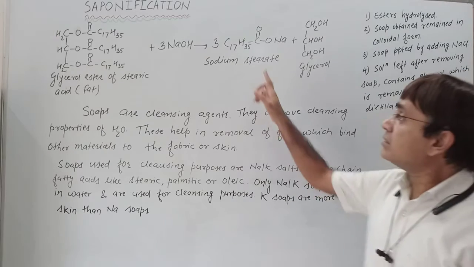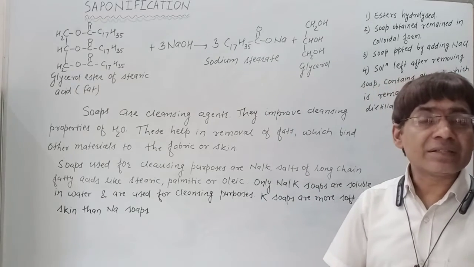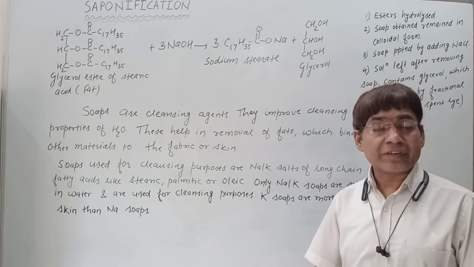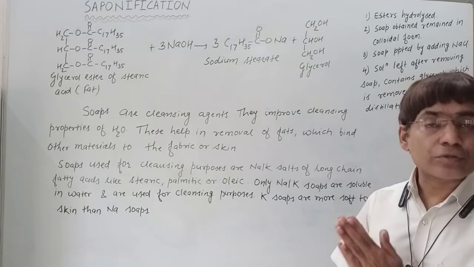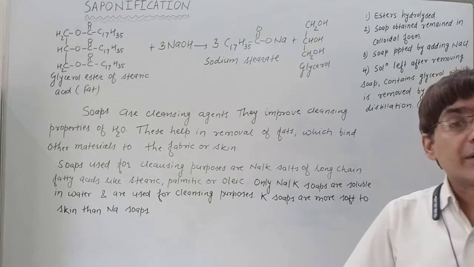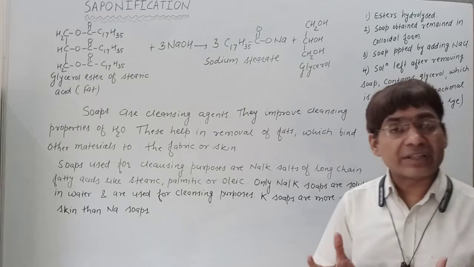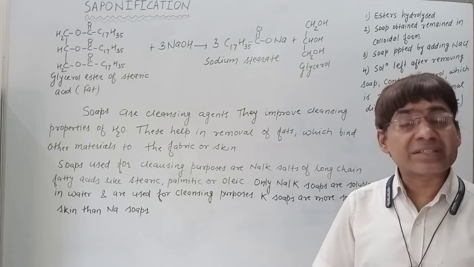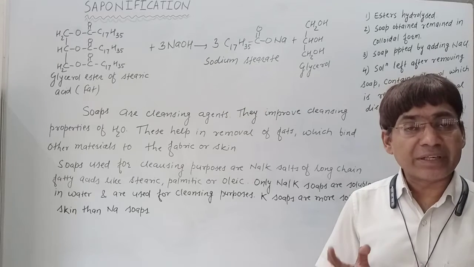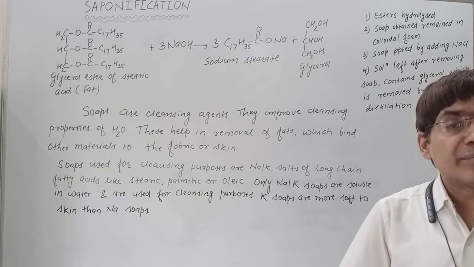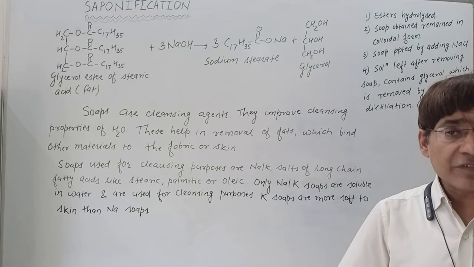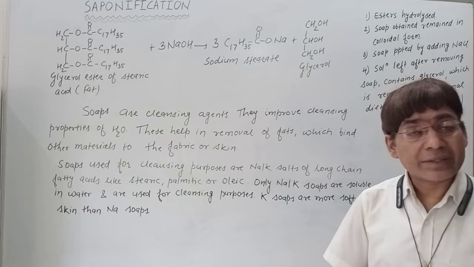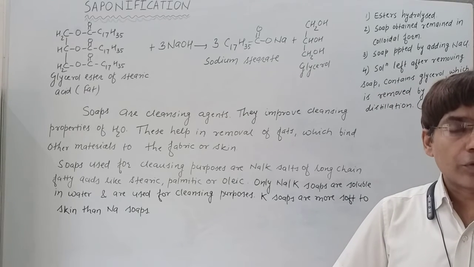The soaps which are being obtained in this alkaline hydrolysis of fats are obtained in colloidal form, and hence they remain in colloidal solution. They are not obtained in the form of solids as we see them. Normally the soaps we see remain in the solid form. But soaps initially obtained in this saponification reaction remain in the colloidal form.